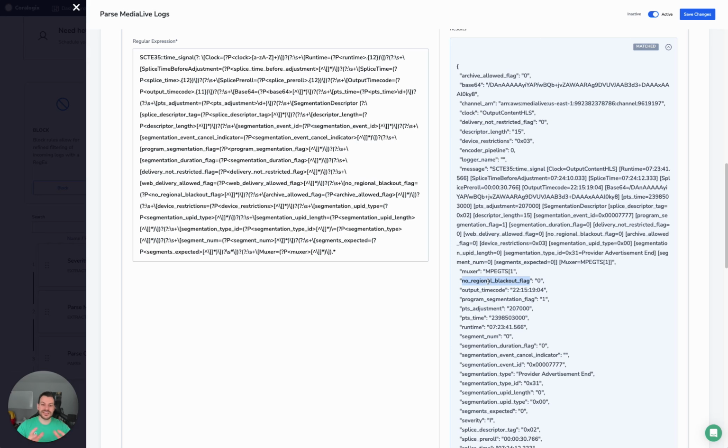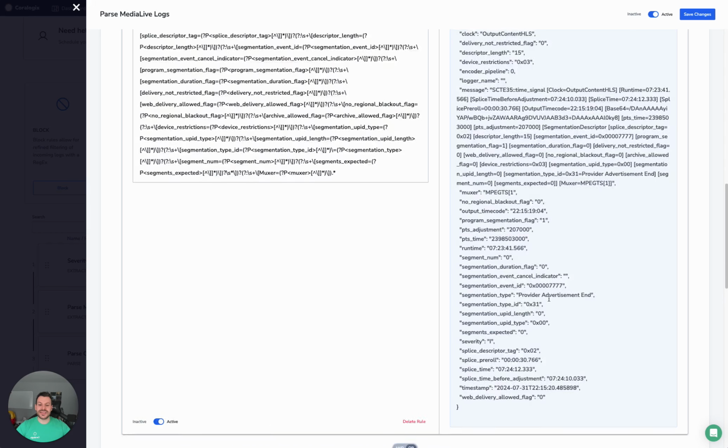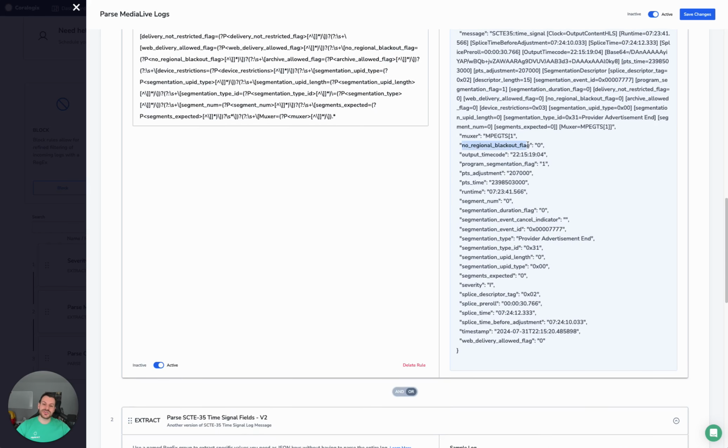This is a refined signal that we're looking at here that we can then collaborate and say, well, when was the regional blackout flag set to 1, and does that coincide with stream drops? Does that coincide with errors? Does that coincide with slowdowns and transcode operations and so on? You can actually correlate each of these individual small events with the important events that are occurring downstream in the